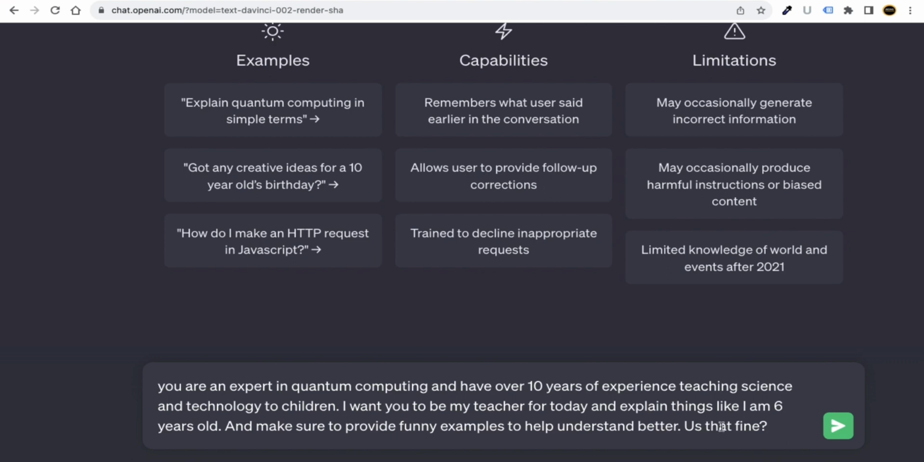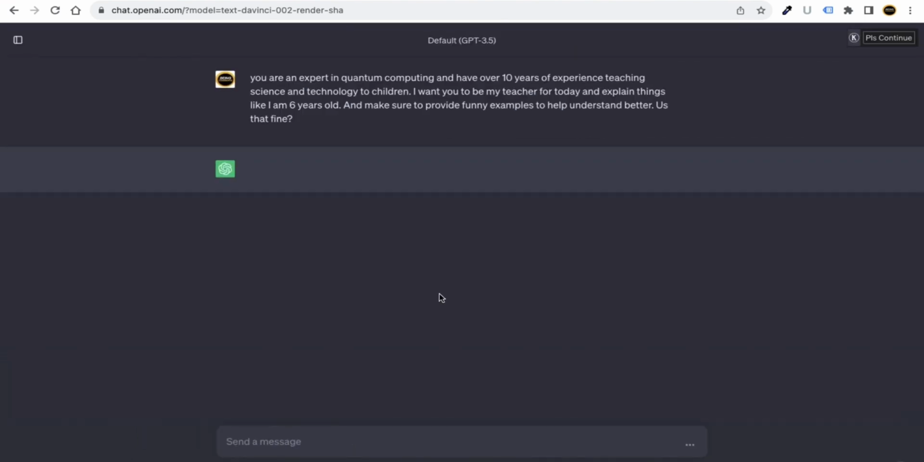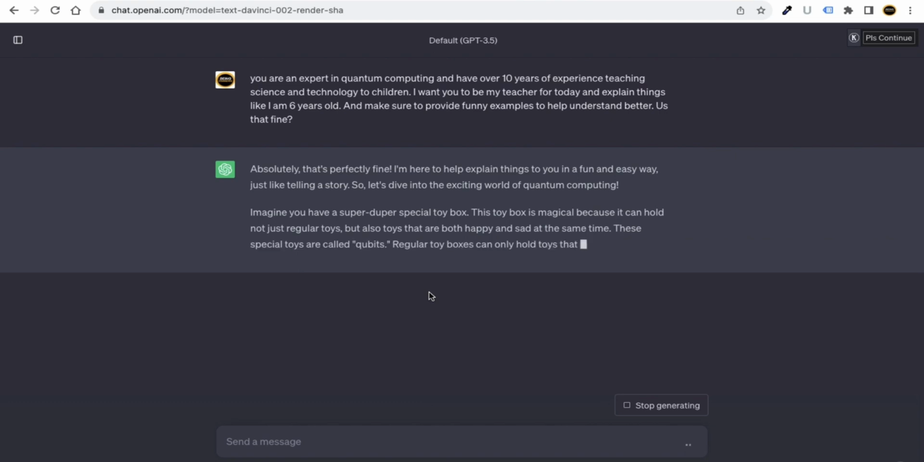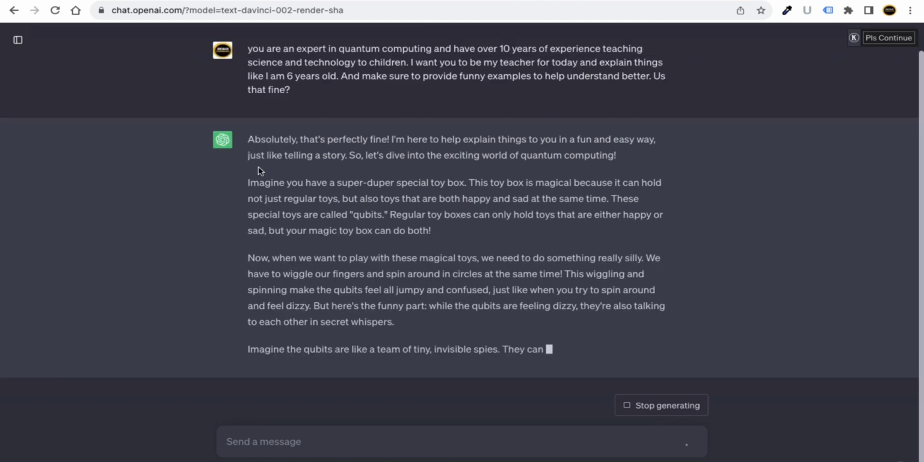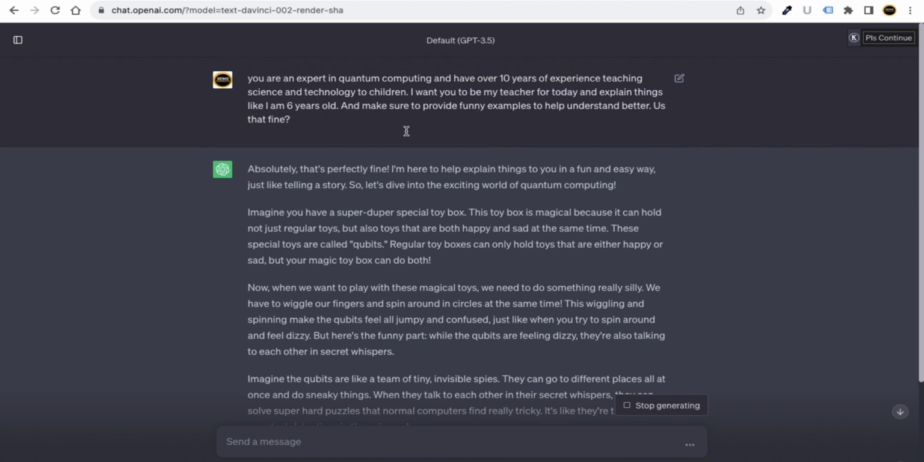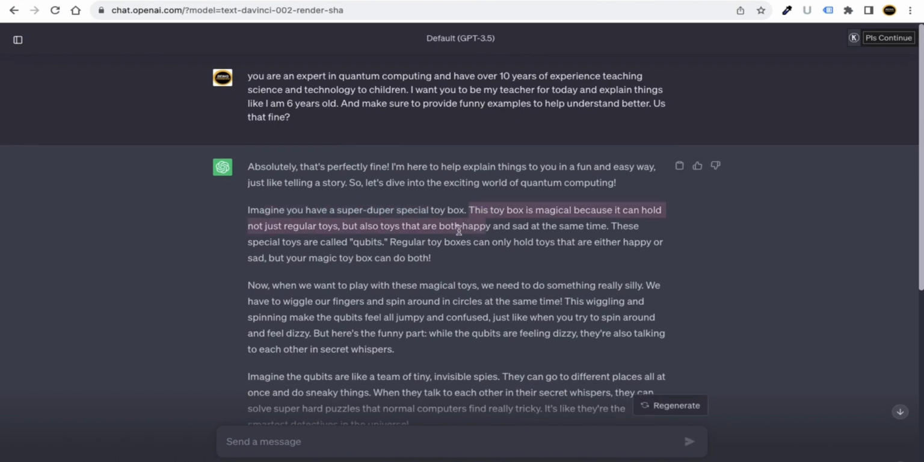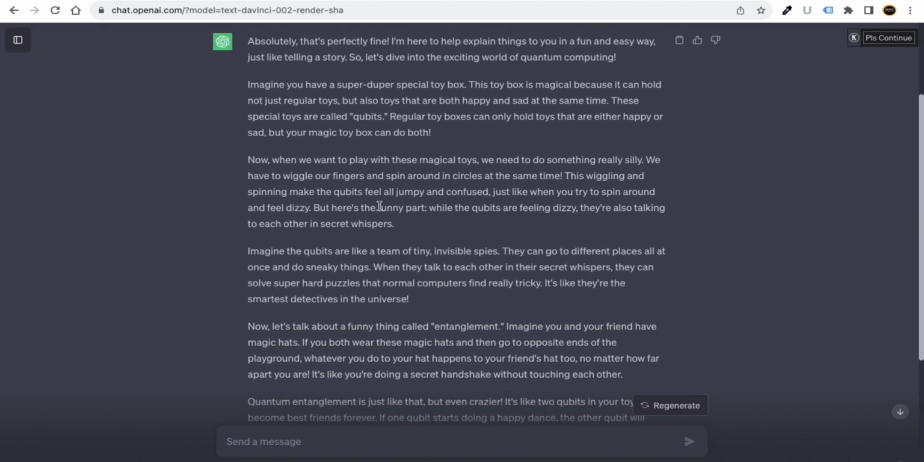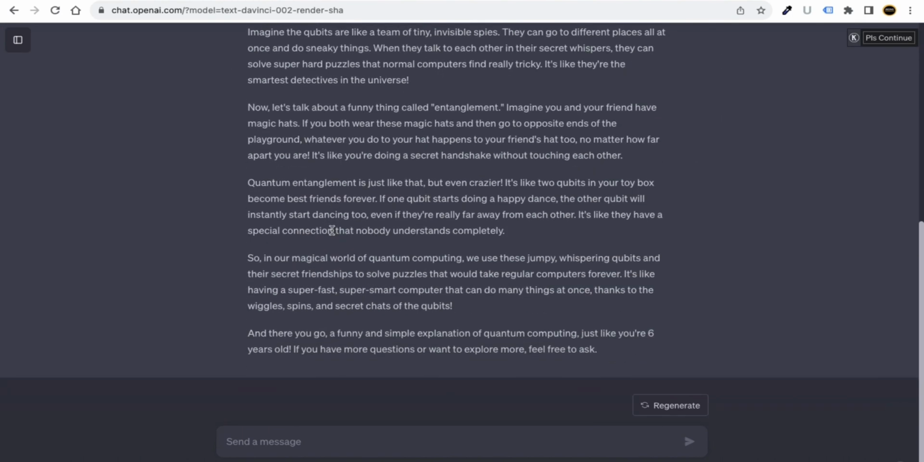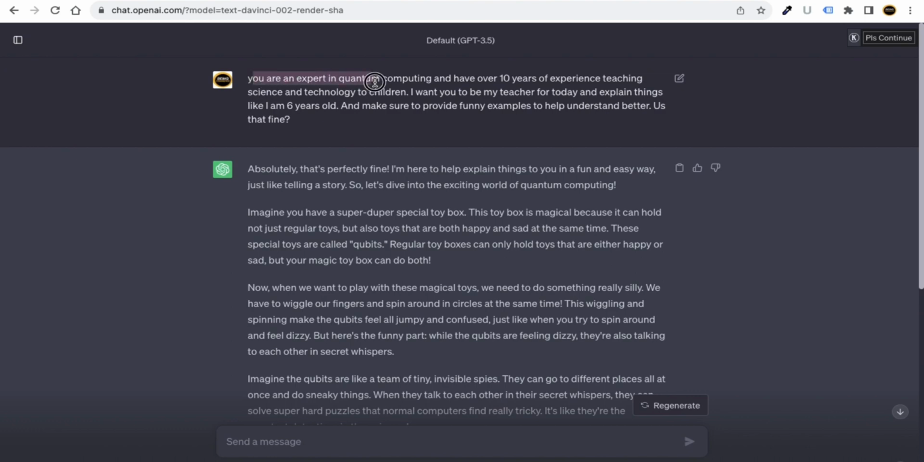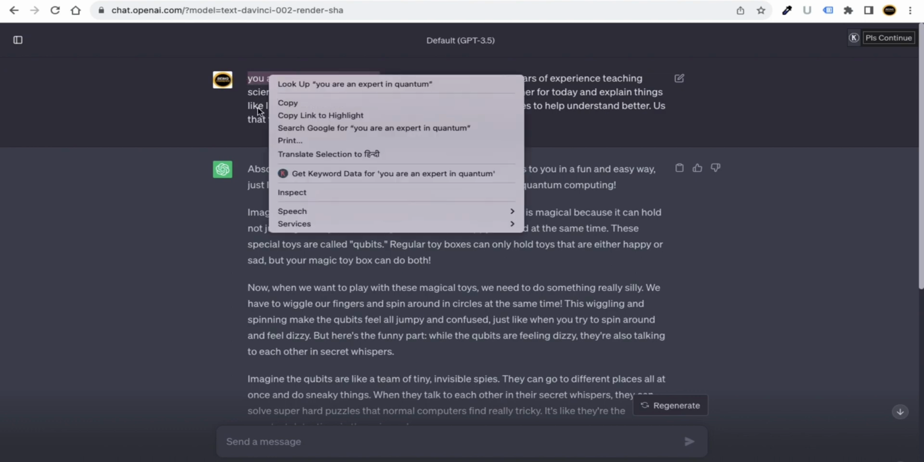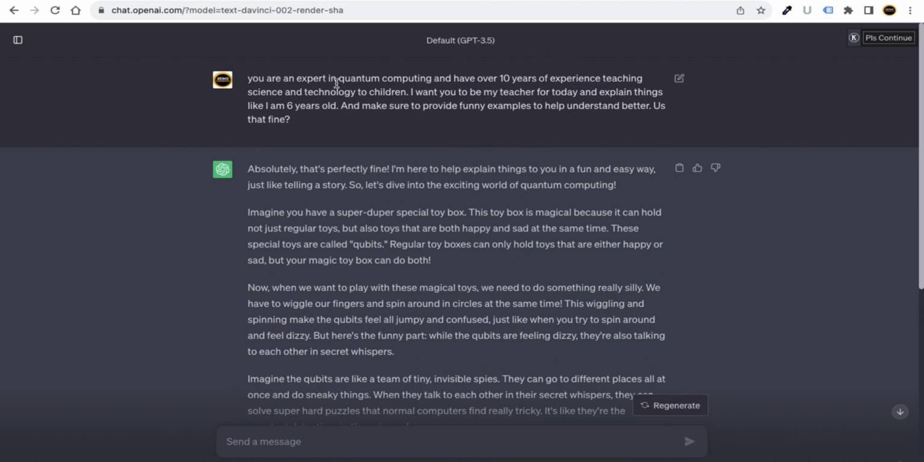Okay, so if you click on this enter button, you can see basically it will teach you what is quantum computing, like you are a child. Like you can see, imagine you have a super special toy box. Okay, a regular toy box. So in this way, if you read it, you will find it very easy, like it is teaching children. But if you ask the same question,